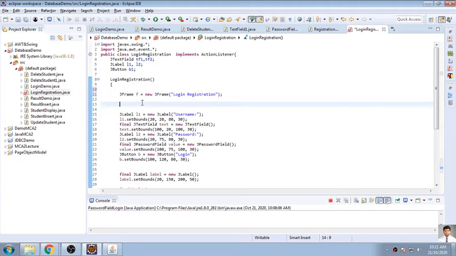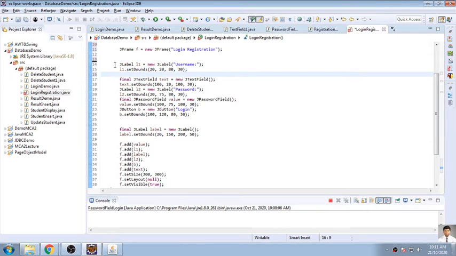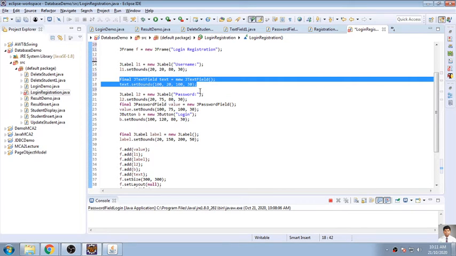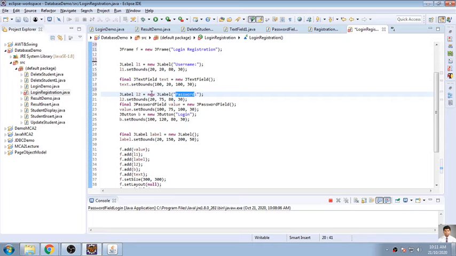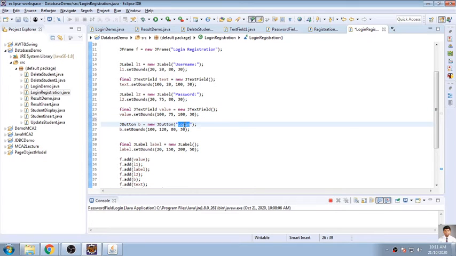And into this login registration, first will be label 1, that will be containing username, located at some space. Then a text box that will be in front of that username. Same way, a password field, located at this location, and there should be another text box. So we'll convert it into JTextField, because I want to display the text box field. Then it is located somewhere, and the button I want to say login registration.